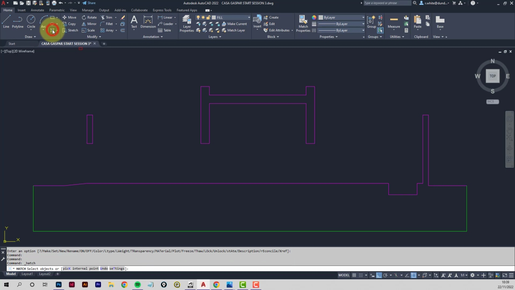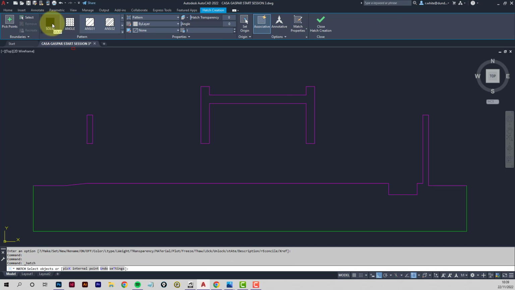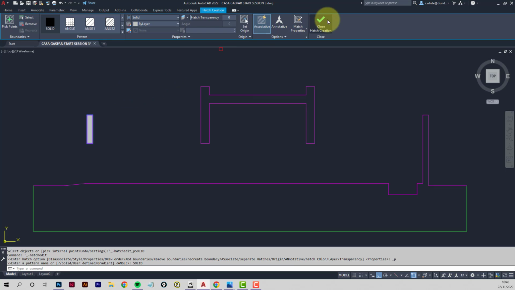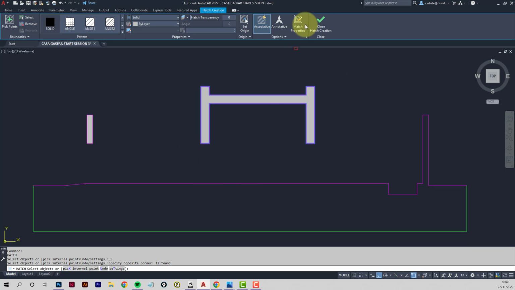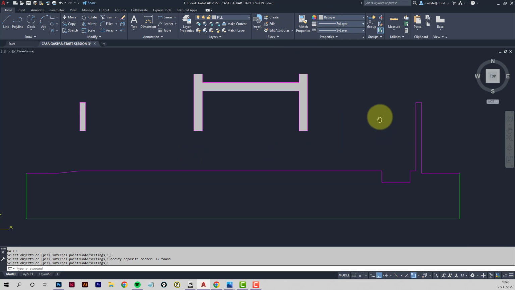It's hatch using solid. Okay, if we grabbed everything at the same time, then we've got a hatch that's a bit uneditable, so you're better to do it in parts. So select, do this one first. Now that isn't showing us solid, so that's better. Solid, tick, hatch again, solid, select this kind of goalpost shape and tick, and then hatch again,